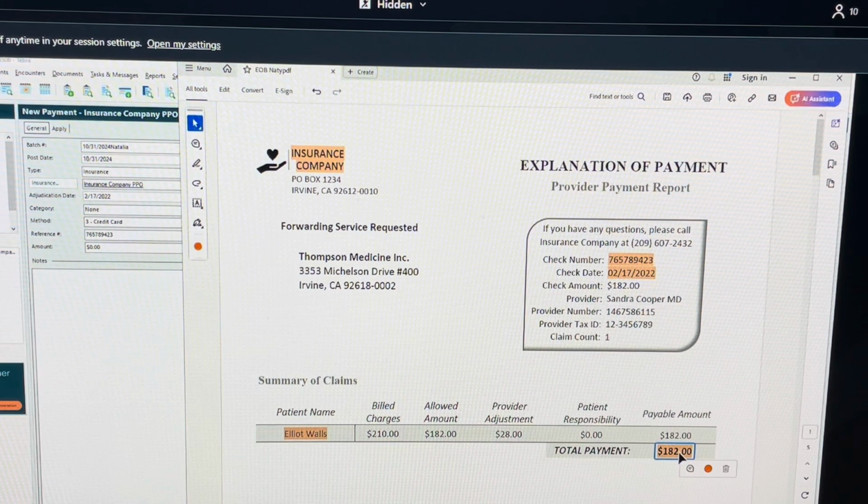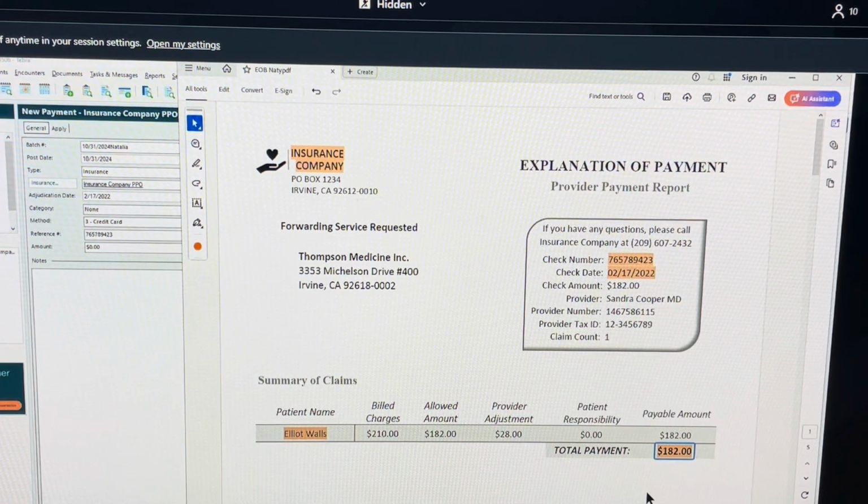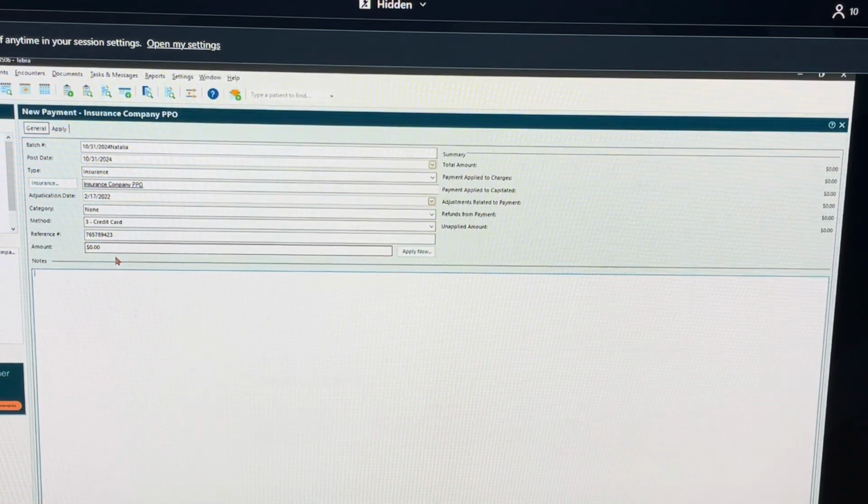For now, I will be adding the amount that was paid in full for this payment, for this EOB. I will be going back to Tebra and add the full amount here. All right,